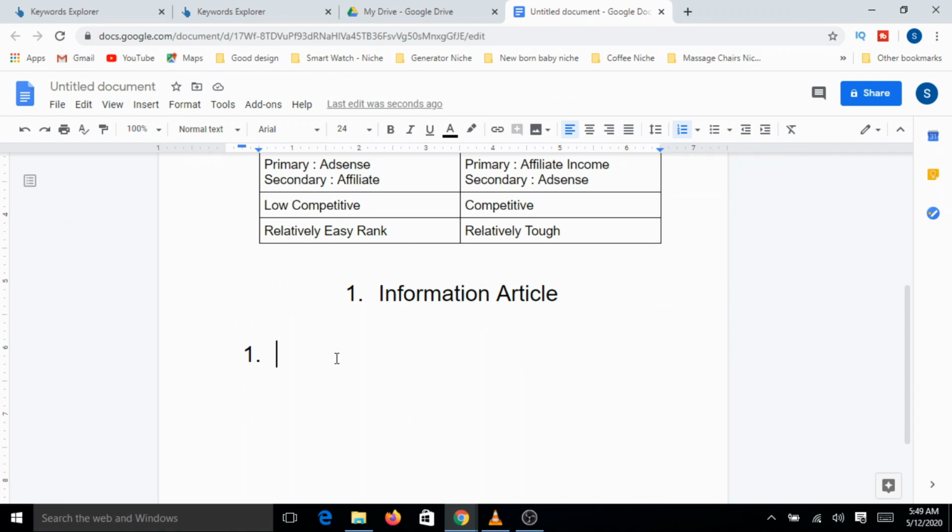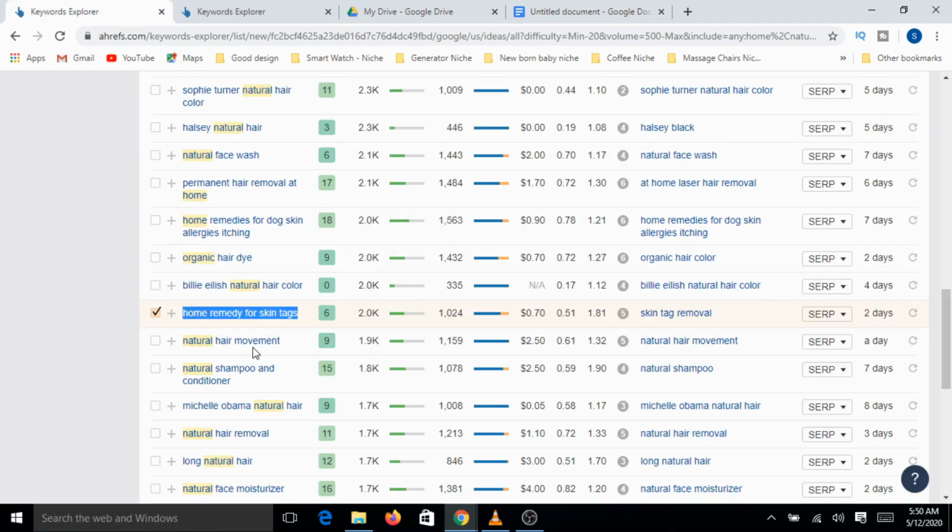That's one thing. The second and most important thing that I have to look for is the intention of the visitor. So what it means is, for informational content, people come to search for certain terms with an intention. For example, if I am looking for home remedy for skin tags, what is my intention?